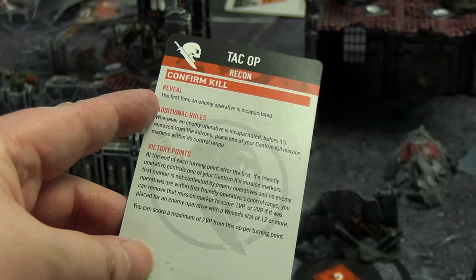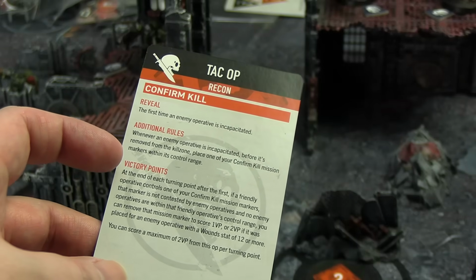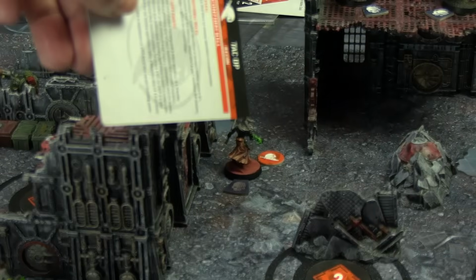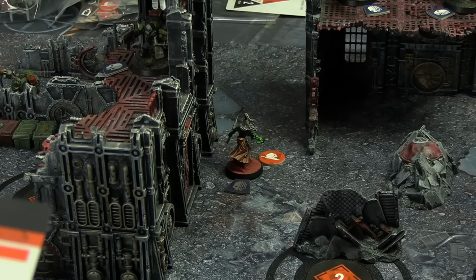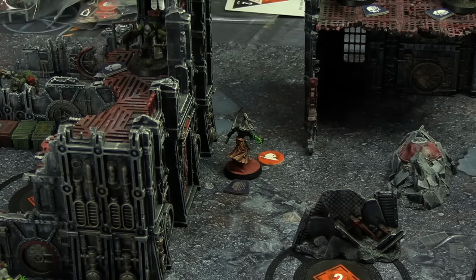It is revealed the first time an enemy operative is incapacitated. Whenever an enemy operative is incapacitated, before it's removed from the kill team, place your confirmed kill mission marker within its control range. It's right there, that orange circle. At the end of each turning point after the first, if a friendly operative controls one of those markers, and that marker is not contested by an enemy operative and no enemy operatives are within the control range of the friendly operative, you score 1 VP or 2 if it had more than 10 wounds,